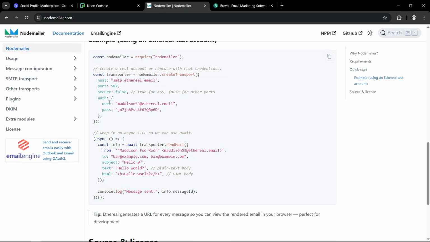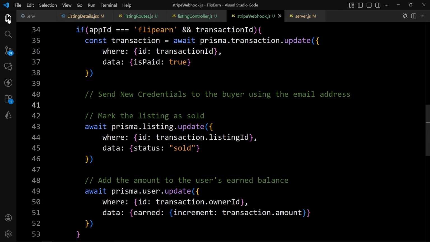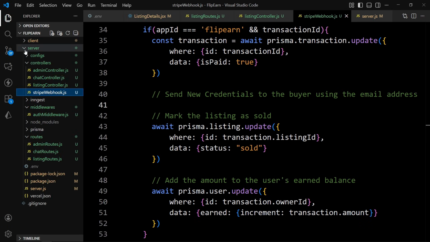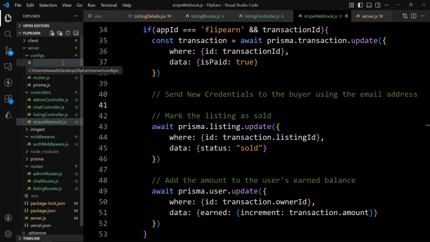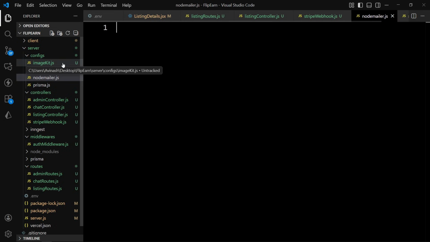So let's create this config file. I'll just come back to the VS Code, open this sidebar, and now you can see we are in the server folder. In this server folder we have the configs folder. So in this configs folder we will create a new file and write the file name nodemailer.js. Now in this one